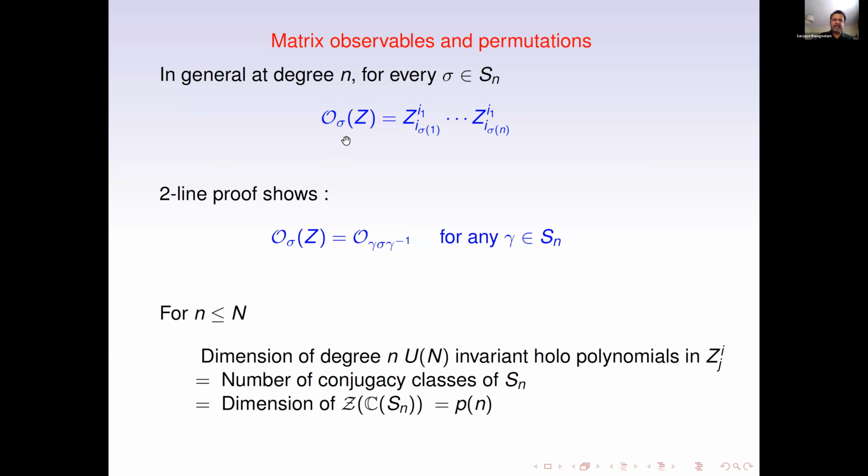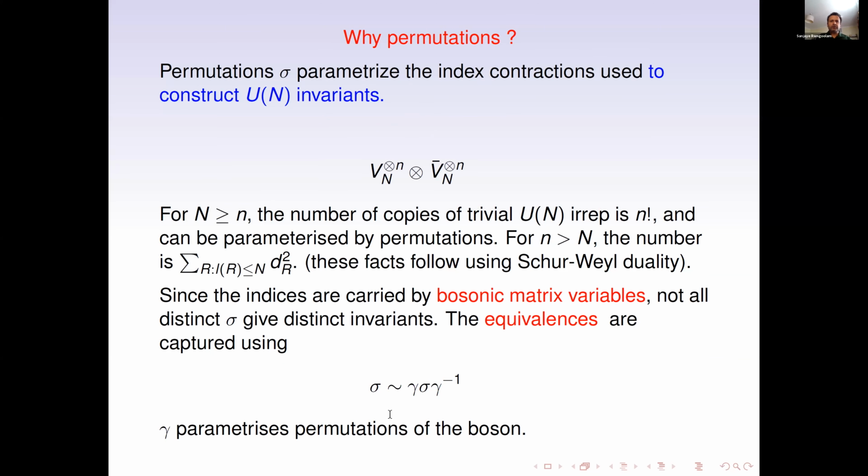So we can label observables using permutations, but not all permutations give independent functions. There are some equivalences. So basically the degree n observables are related to conjugacy classes of permutations in Sn. And this will also be related to an algebra, which I will get to shortly. But this is a rather fundamental thing, why permutations are coming up. We are looking at UN invariants. And whenever you're looking at UN invariants, whether made out of a matrix or tensor or whatever, you're going to have some